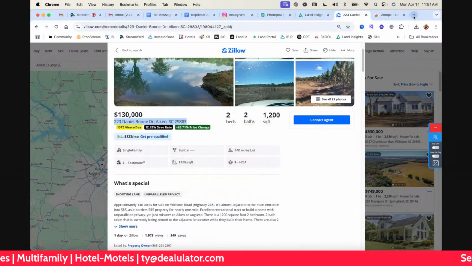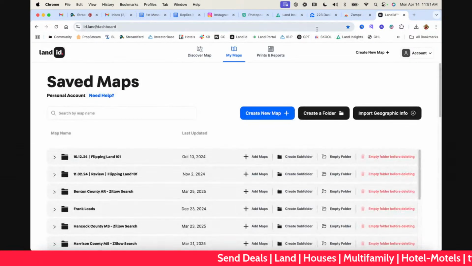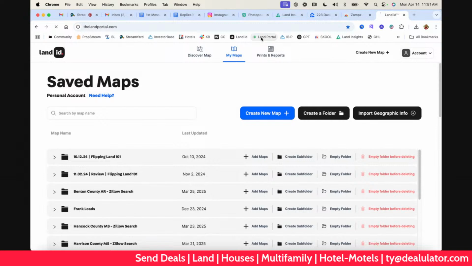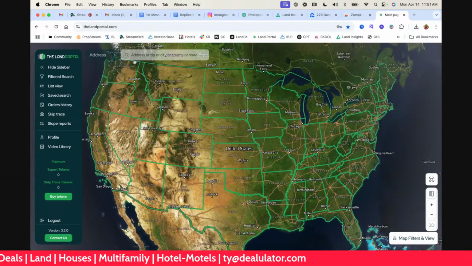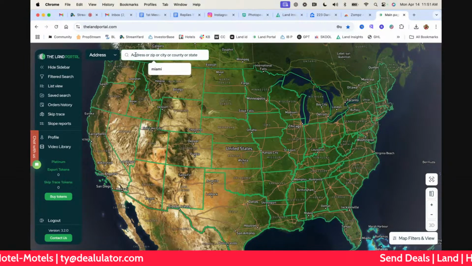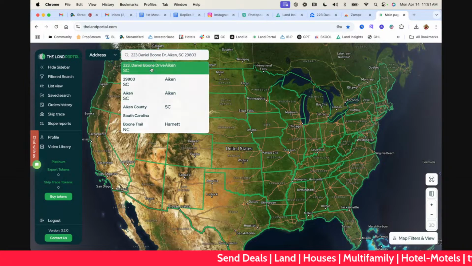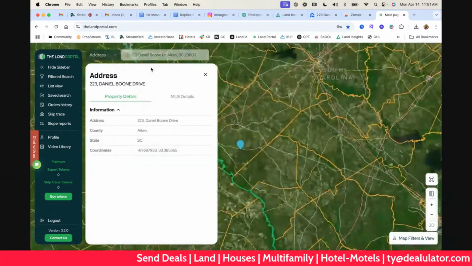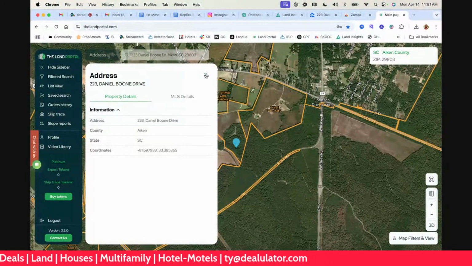And now if you want to pay for the tools yourself, then of course you can. Let's do it with Land Portal. You can access this one by texting APN to 205-964-5243. This one allows you to build lists also. I'm going to show you LandID, but this one allows you to build lists also.